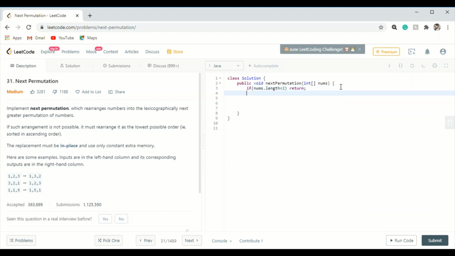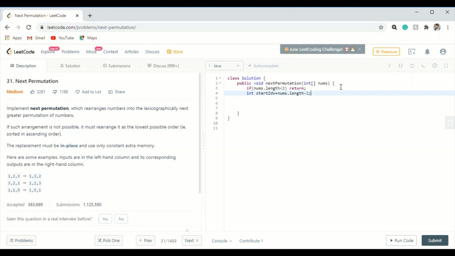Okay, after this, first we have to fix the starting position of the array. So let us say start idx equal to nums dot length minus 2. Okay, nothing much here. We hope you understand. Now what we have to do, now we have to decrease the starting index. We have to decrease the starting index until we find a number that is strictly less than its next